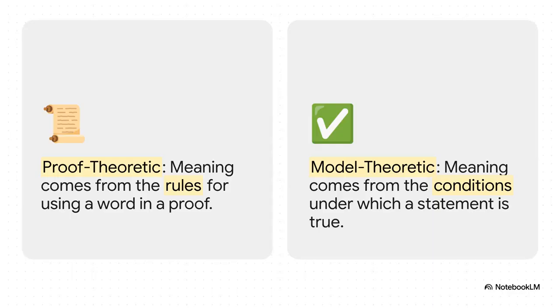So for a long time in the world of logic, there were kind of two main schools of thought. The one that really dominated was the one you see on the left, proof-theoretic semantics. The core idea here is that a word's meaning isn't about some abstract concept, it's all about the rules for how you use it in a logical proof. It's a system built entirely around verification, around proving that statements are true. But as you're about to see, this laser focus on only truth created a massive headache.